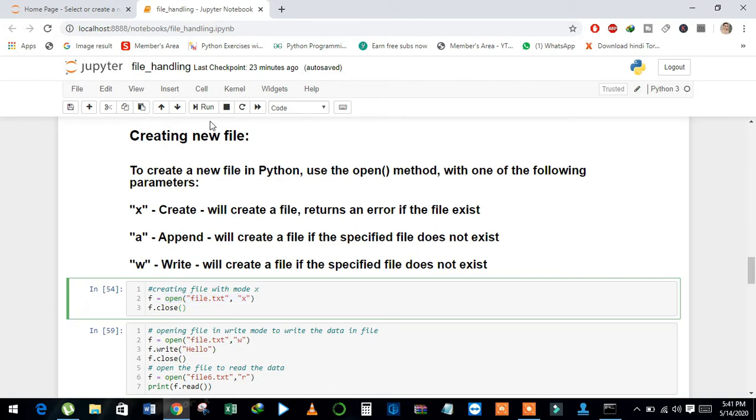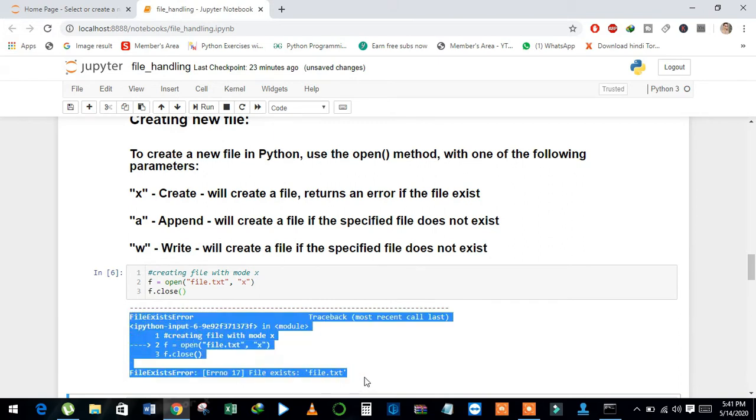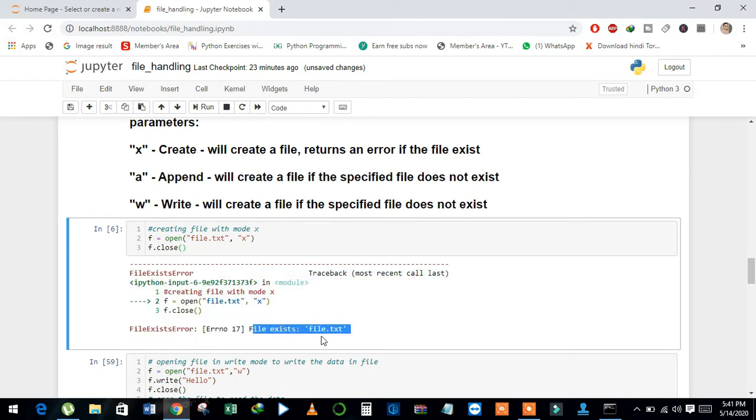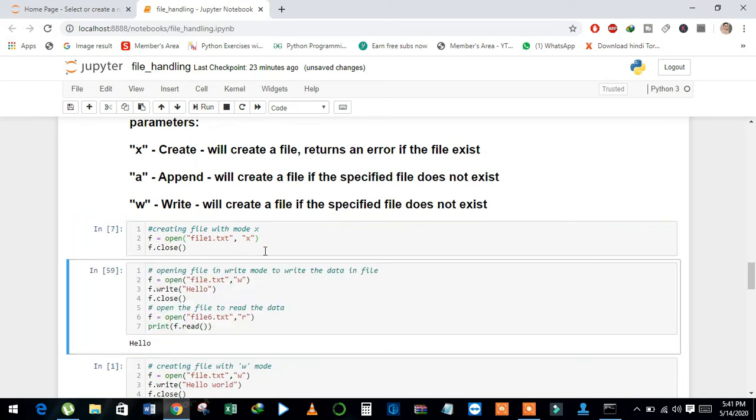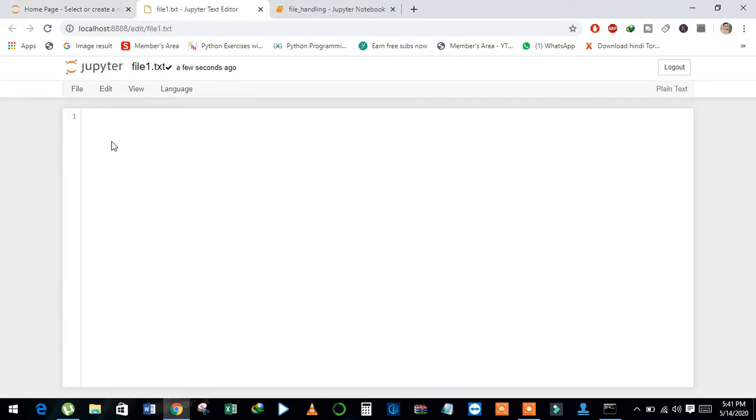Let me run this code and see here, it returns an error message because I have a file with that file name. That's why it returns an error message. And now see, when I change the name of the file, it creates the new file. And see here, in my current directory, it created an empty text file.